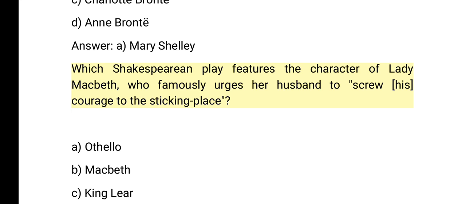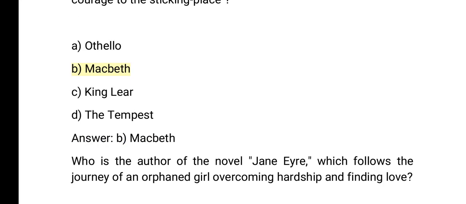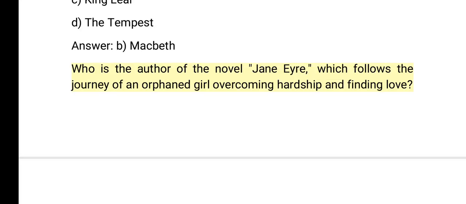his courage to the sticking place? A. Othello. B. Macbeth. C. King Lear. D. The Tempest. Answer: B. Macbeth. Who is the author of the novel, Jane Eyre, which follows the journey of an orphaned girl